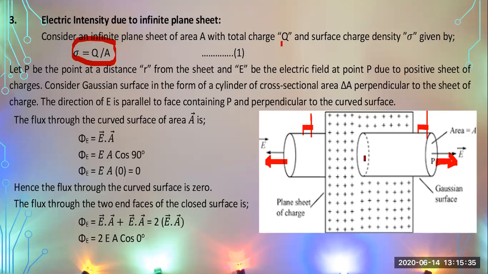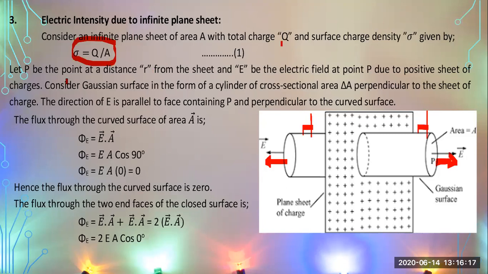If you know the number of charges on a certain area, then you can calculate the surface charge density using this formula, and we will use it in some cases for calculations. If the surface charge density and the area are given, then you can calculate how many charges are residing there. These are some of the simplest tools used to calculate surface charge density and the number of charges, and by using these two relations you can also find how much area is required to hold such a number of charges.